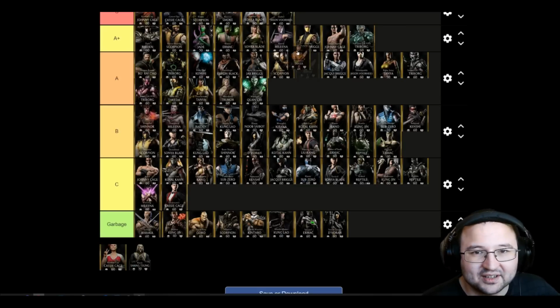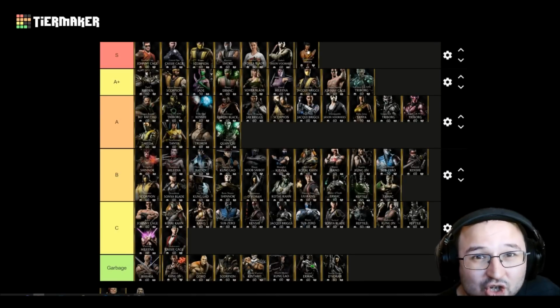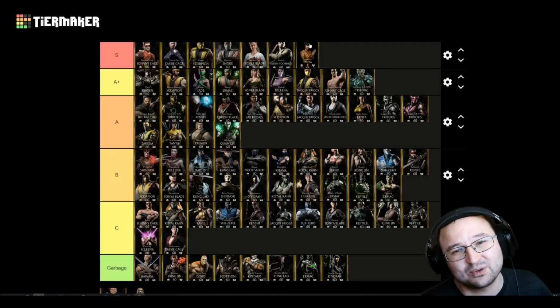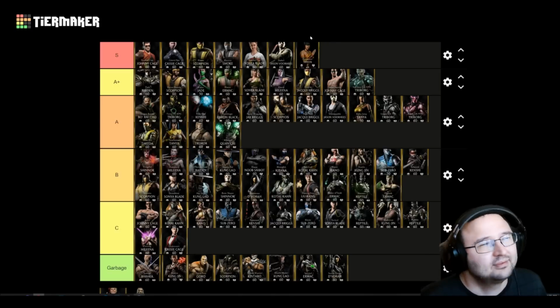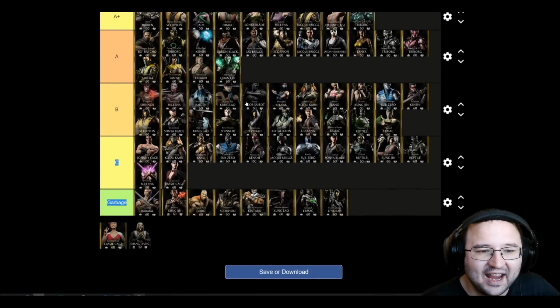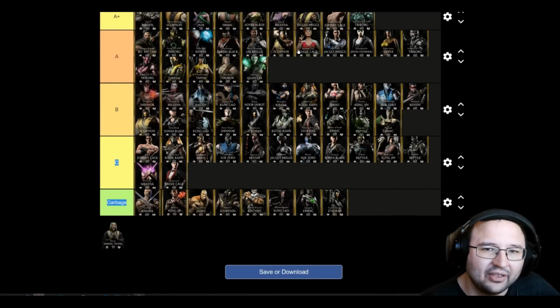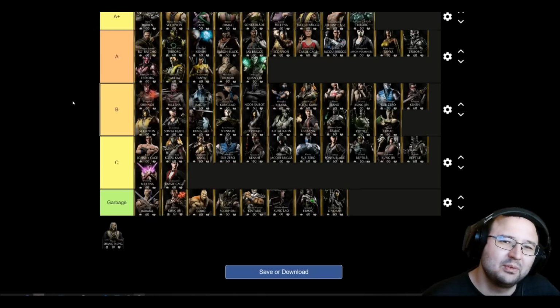Oh, Pyromancer Tiny is a total S. Absolutely no doubts about it. Fusion 0, this card can change your account if you have MK11 Scorpion. And not only if you have MK11 Scorpion, but if you do, then, oh my god, it's crazy. Cassie Cage is an A. She's not a horrible card, but for the price they want for her and the fact that she's extremely difficult to get,